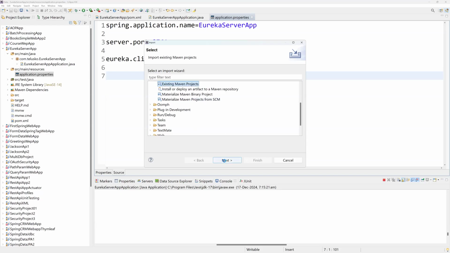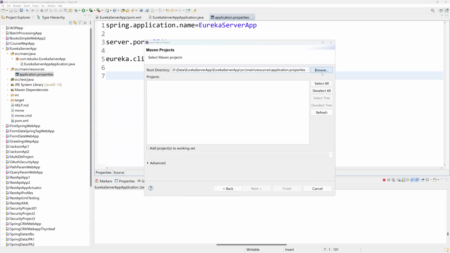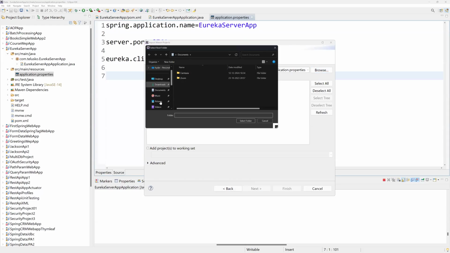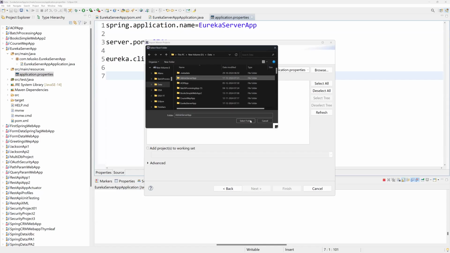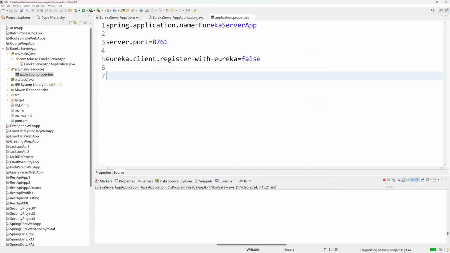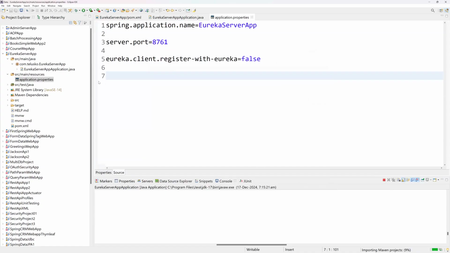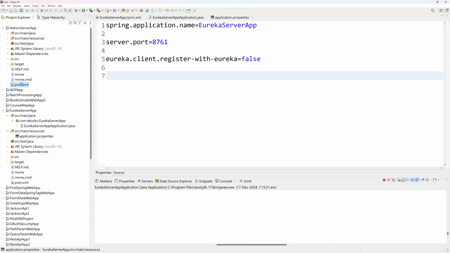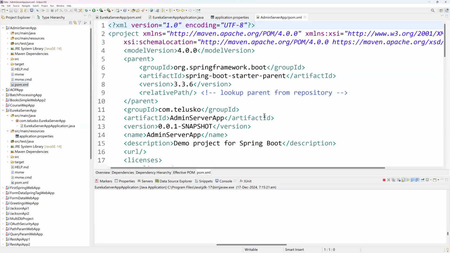I'll say existing Maven project. I'll say next, browse. I'll go back to the D drive and we have data and we have the admin server application. And I would like to just import this. It is getting imported. You can see, guys, only we have added this